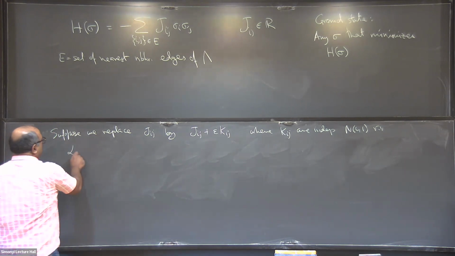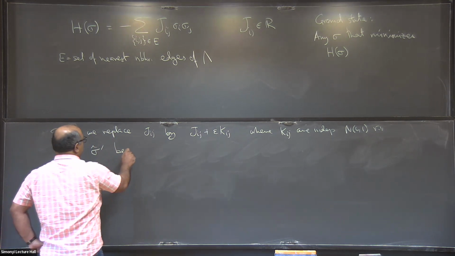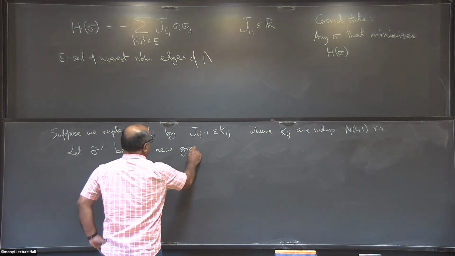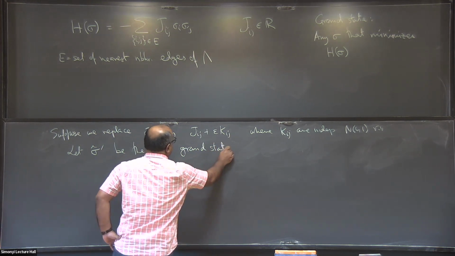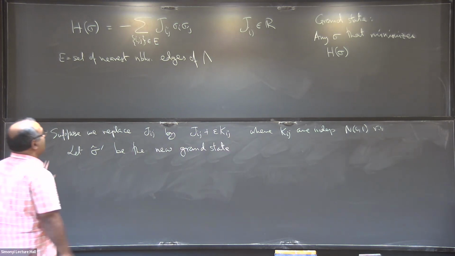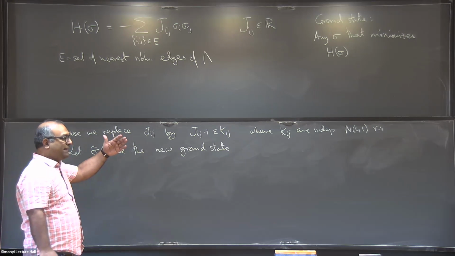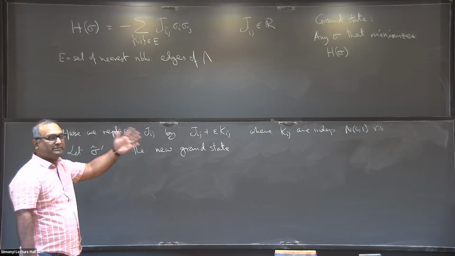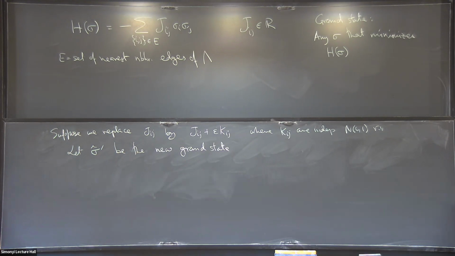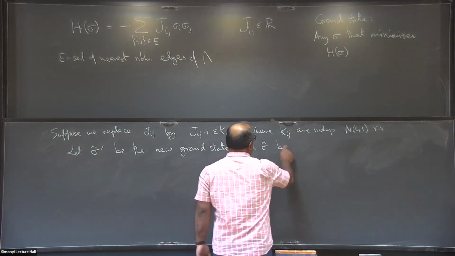Okay. Let sigma prime hat be the new ground state. So when I'm saying the ground state, as I said, I did not prove that it's unique, but it's not hard to prove that if the Gij are all Gaussian and you're considering a finite box, there are just two ground states. There is a ground state, and if you flip all the spins, the negative of everything is also a ground state. Those are the only two. So with probability 1, that happens. So sigma prime hat is the new ground state, and sigma hat is the old ground state.